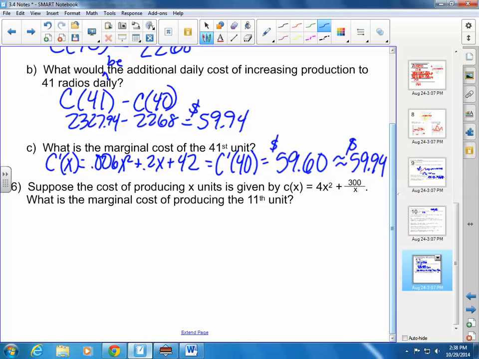So do this one either way, really. We should be able to do it either way. Suppose the cost of producing x units is given by this. What is the marginal cost of producing the 11th unit? So what do you plug in? 10. If you're going to find the derivative, you plug in 10. So you plug in one less than what you want. So if I find the derivative, what would the derivative be? See, this is 4x squared plus 300x to the negative 1, let's say. So the derivative is